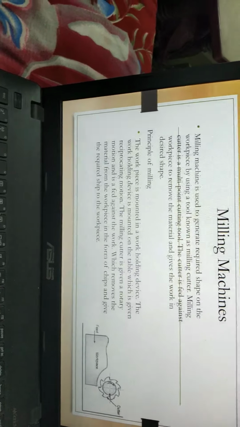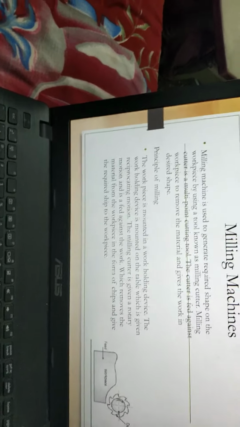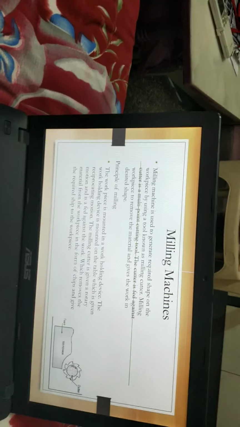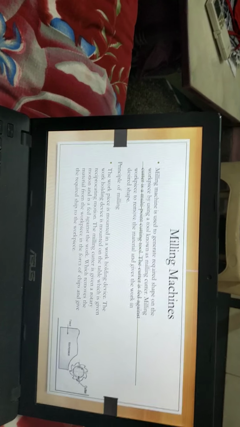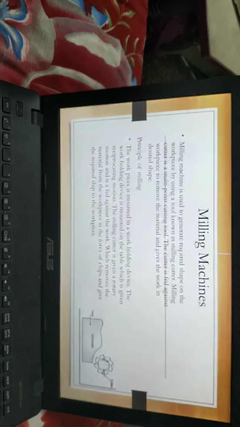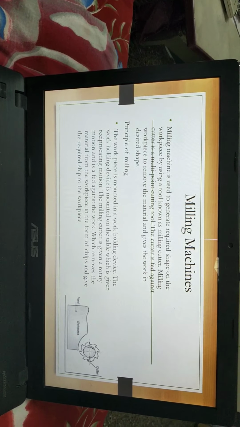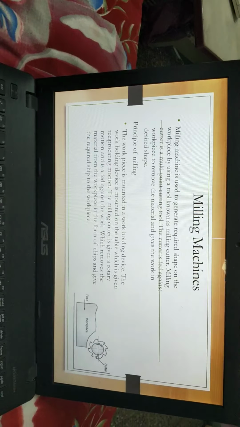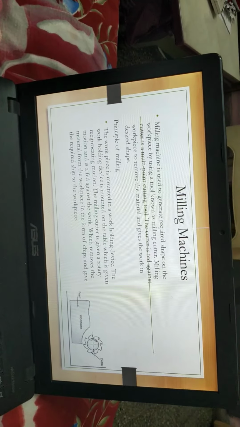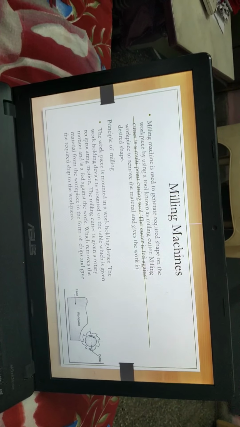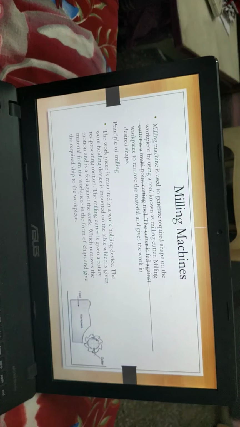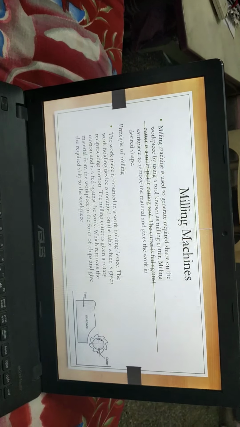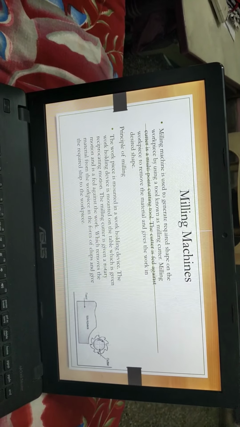That means the cutter is rotating, but it is stationary. It is not like a drill, where the tool is rotating as well as being given the feed. In milling, the cutter is fixed. It has rotational motion, but there is no axial movement of the cutter. We are giving work movement to the workpiece. And the difference between the lathe machine and milling machine: in lathe, single point cutting tool; here, multi-point cutting tool.